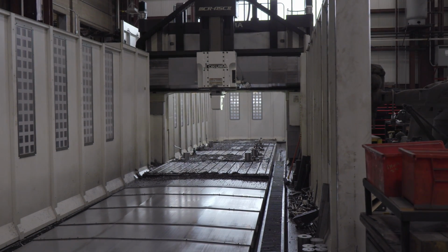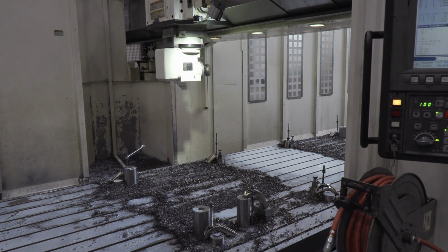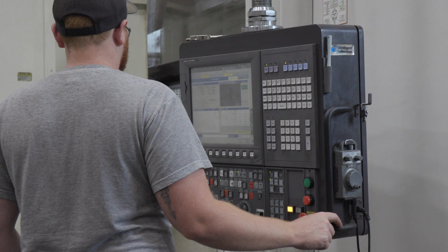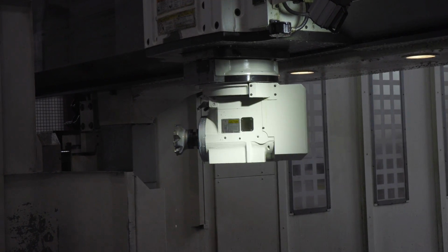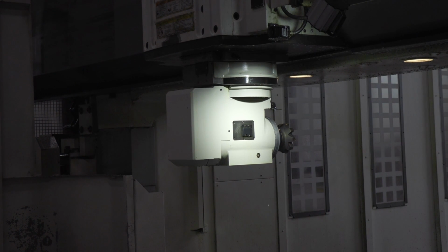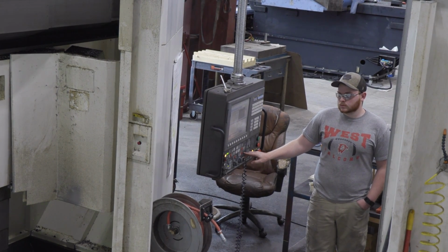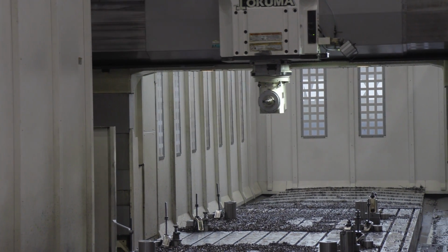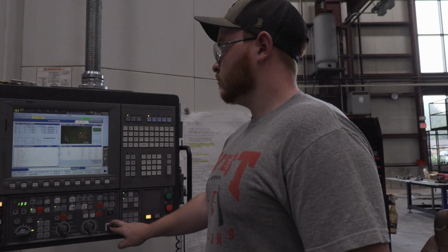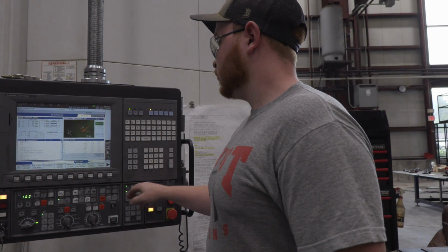Our flagship machine here probably cost us over $1.4 million for the machine, and overall over $2 million to install. This machine is called a 5-face mill from Okuma. The reason why it's 5-face is that you can stick a part on the table and do all 5 sides without another setup. Our current operator of this machine, Nick Keppy, has been with us for 6 to 7 years,